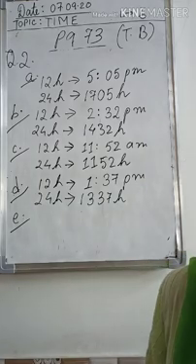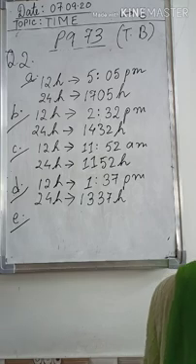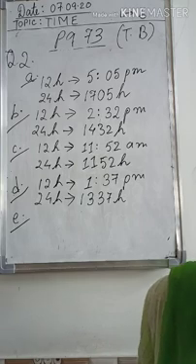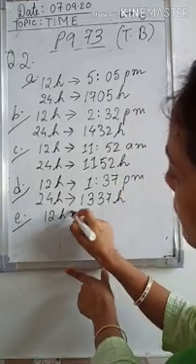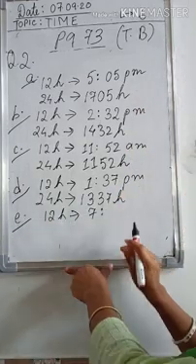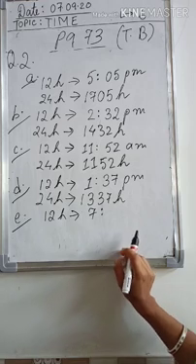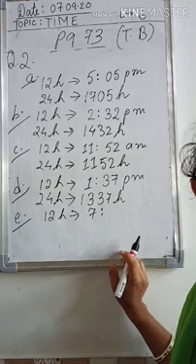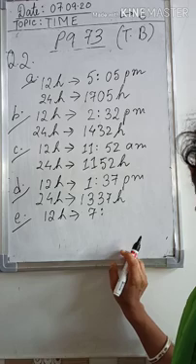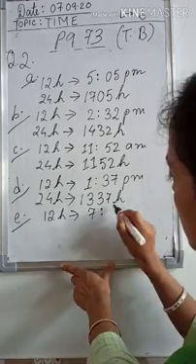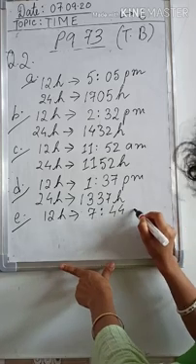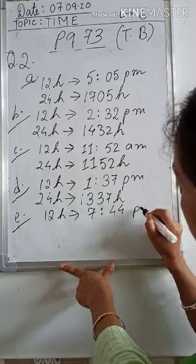So the time will be PM. So your hour hand is less than 8. So you will consider the hour as 7. And what is the minute part? Your minute part is less than 9, you can see. So up to 9 is 45 minutes. So 1 minute less. So it will be 44 minutes. 7:44, evening time. So it will be PM.